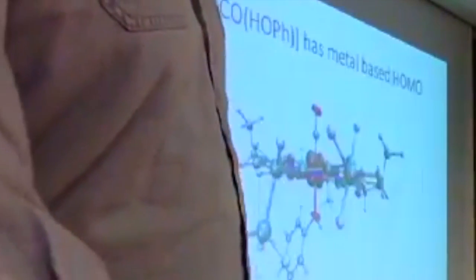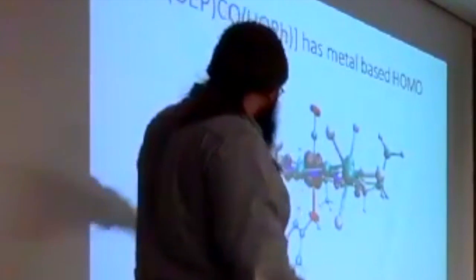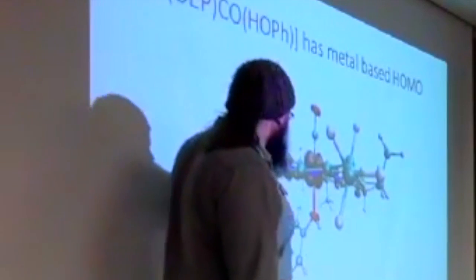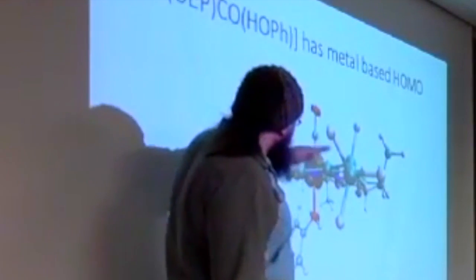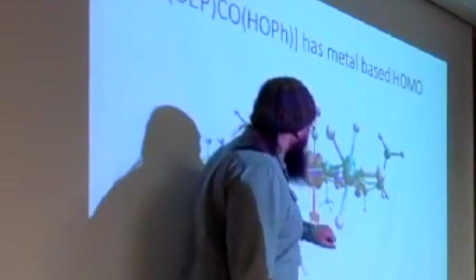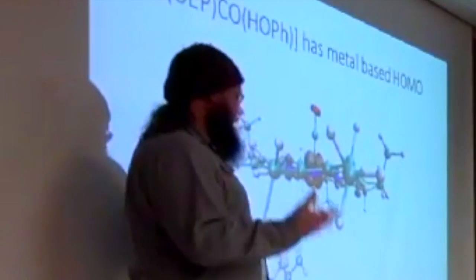All right. So just looking at the HOMO orbitals here, or HOMO geometries and orbitals, you can see here that we have the octaethyl porphyrin. We're looking right down the porphyrin plane. Right down here we have our phenol. You can see a little hydrogen here. And as you can see, most of the HOMO